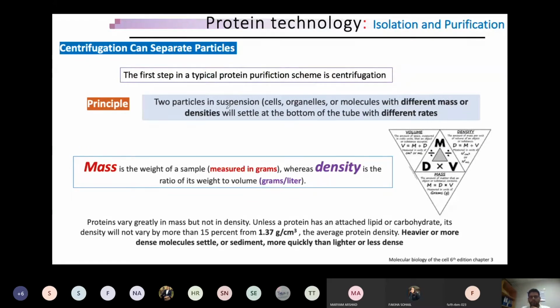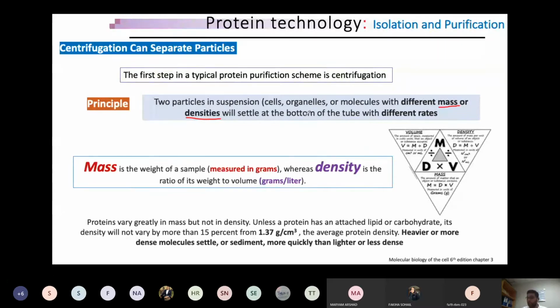The principle is two particles in suspension, which could be anything, cells, organelles, molecules, but the condition is they must have different mass densities. They should settle down at different rates. This is the principle. So any two things which are different from each other by their mass or by their density could be separated. This is the very simple principle of